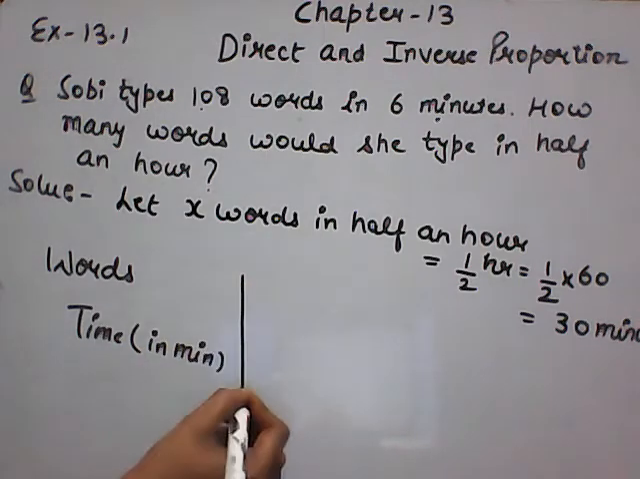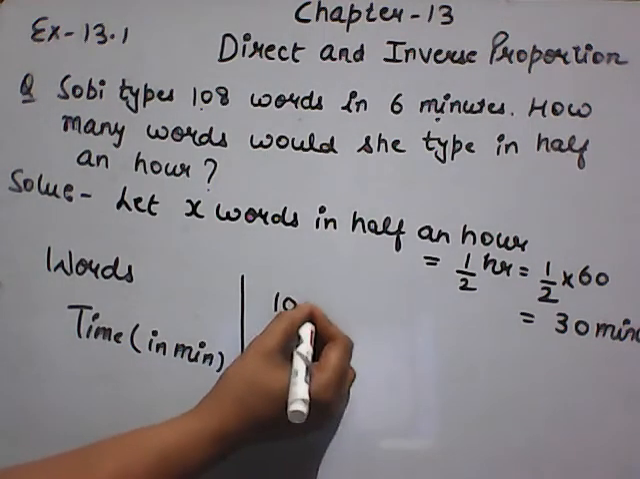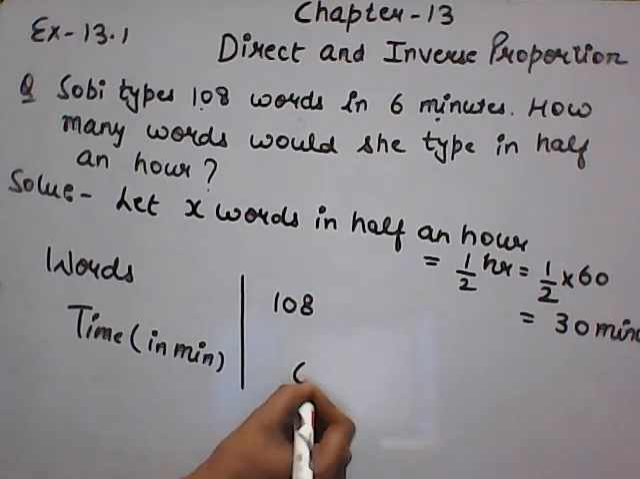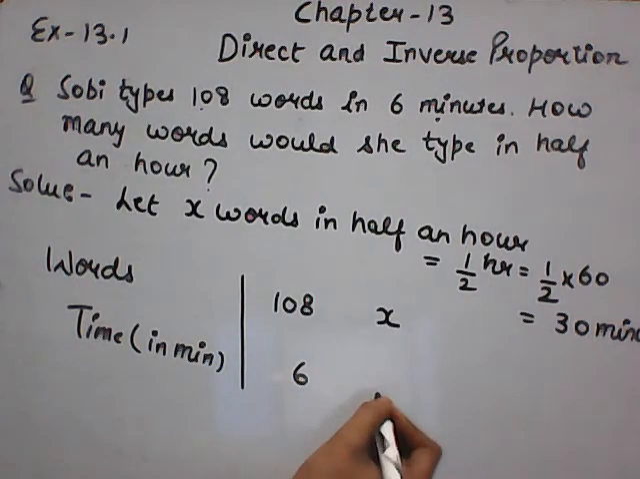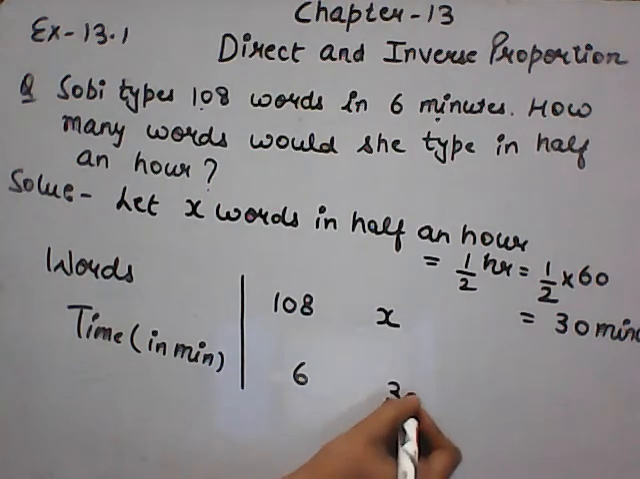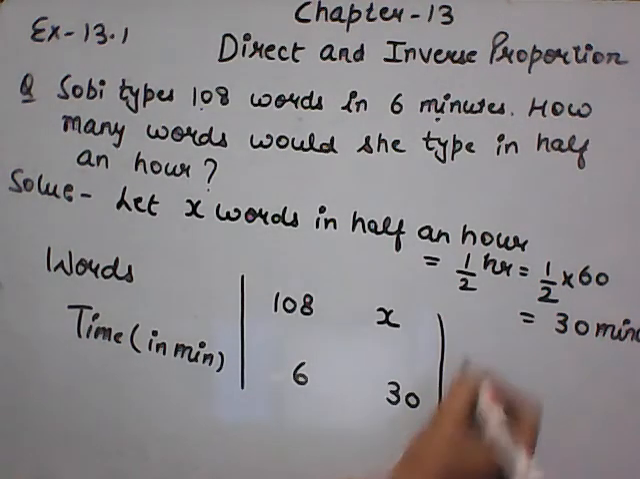Here it is given to you, she can type 108 words in 6 minutes. How many words can she type in 1 by 2 hour, that means 30 minutes? Here, in more time she can type more words. Here, an increase in one thing leads to an increase in another thing. So it is a case of direct proportion. In direct proportion, the ratio of two values of x is equal to the ratio of the corresponding values of y. So it can be written as